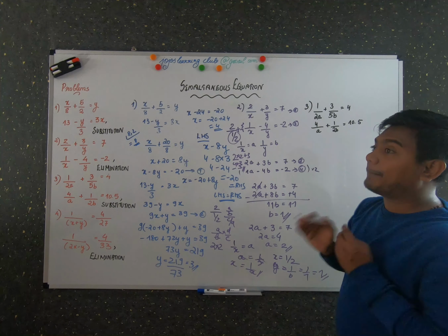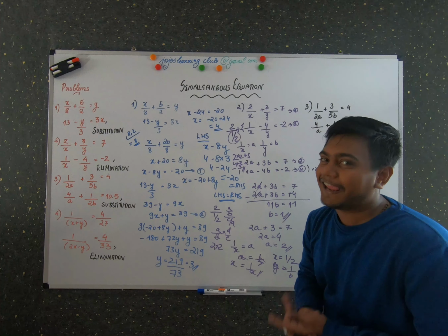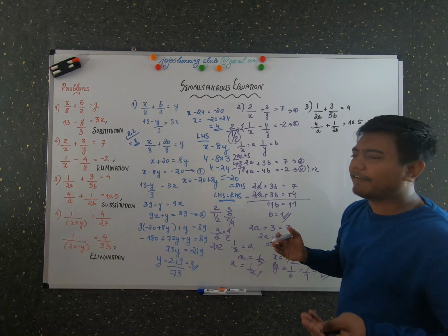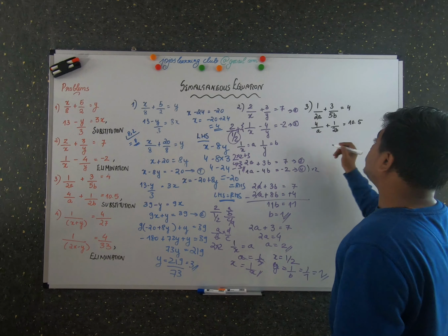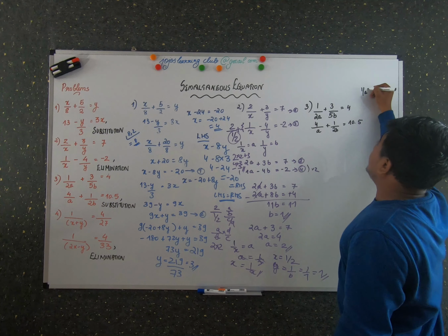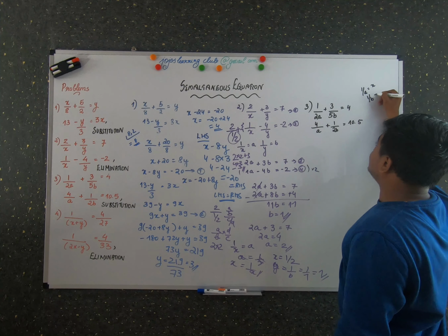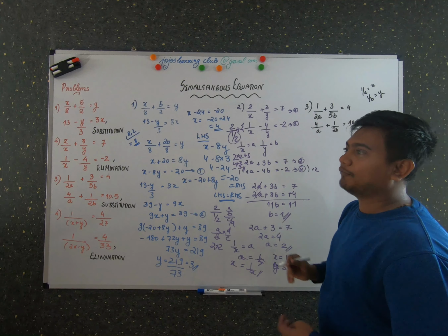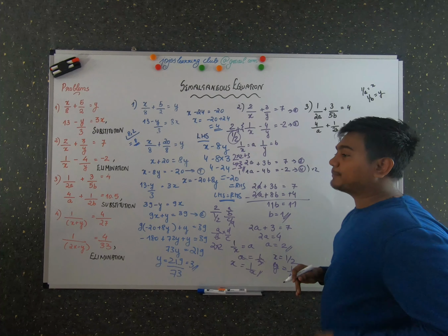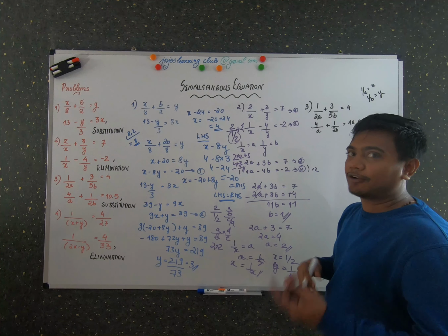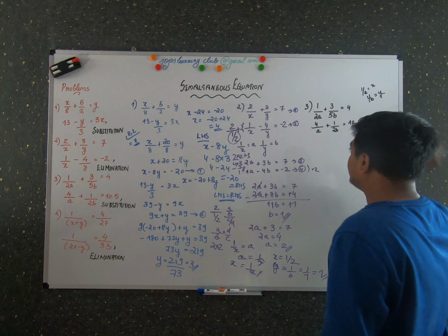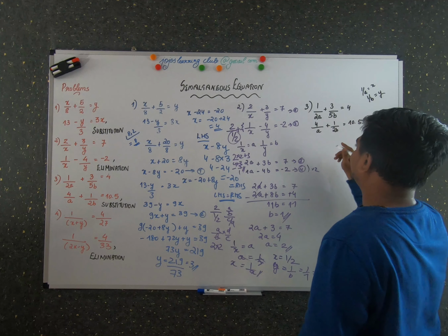So for 1 by x we used a as the value. Similarly, you can use any variable. For my comfort, I'm going to take 1 by a as x and 1 by b as y. It's easier, and we have seen more expressions with x, y, z and other variables. So I'm taking x and y. You can take any variable as you wish, but it should be correct at the end.